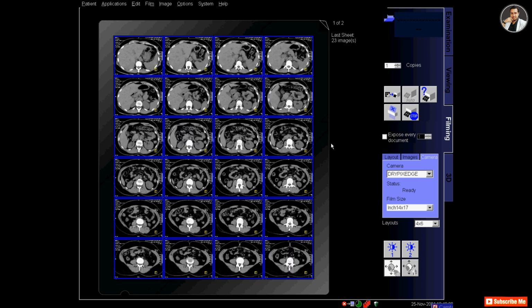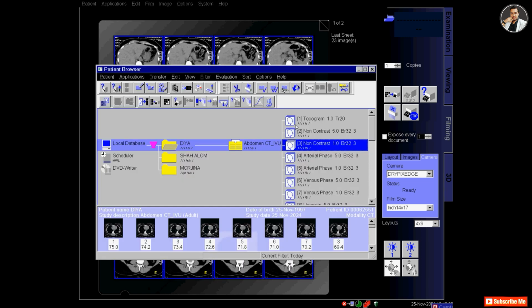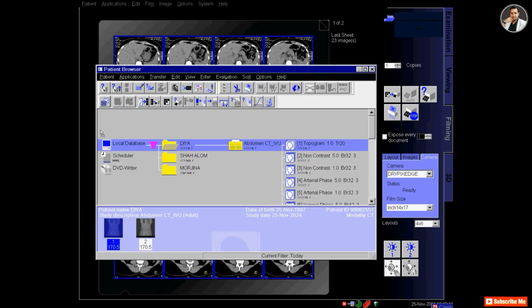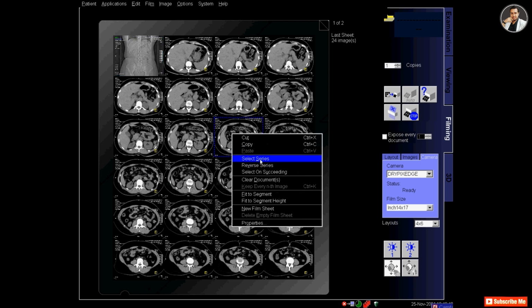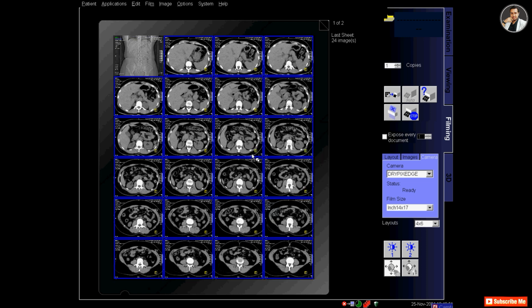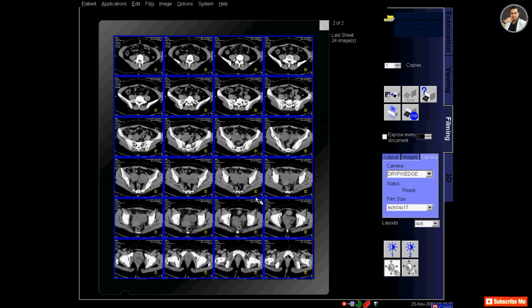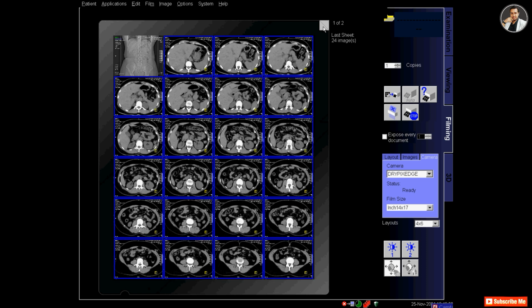Adjust the zoom, pan and contrast, and at the last film you can see one segment is empty. So for this I have to select the topogram and drag it to the first segment and adjust its contrast. So these are the two non-contrast axial films that I am printing.